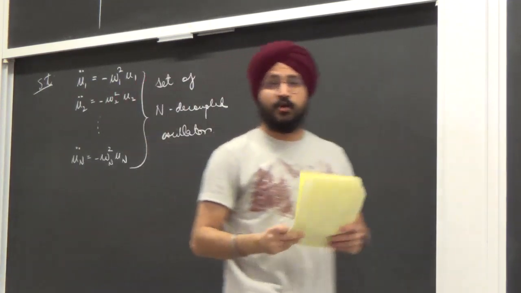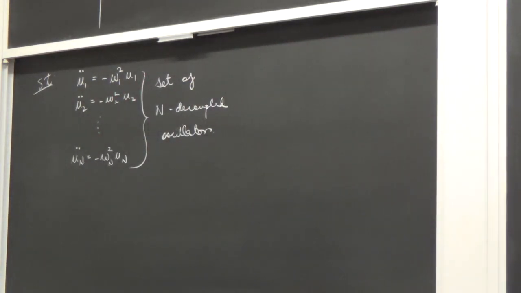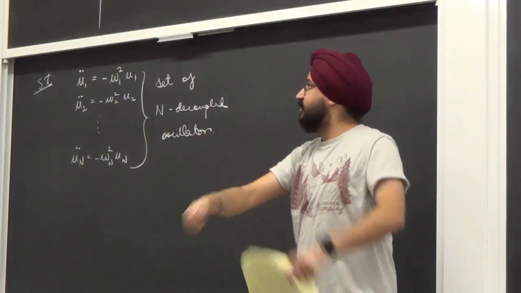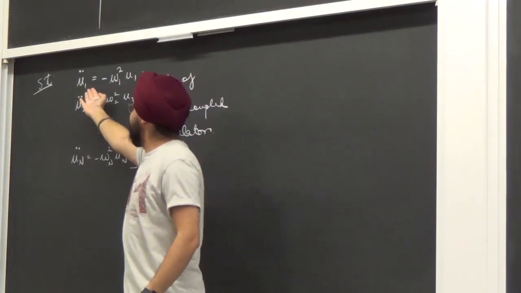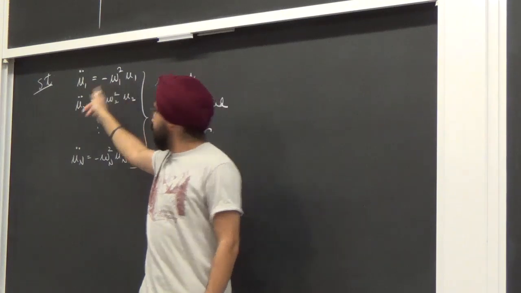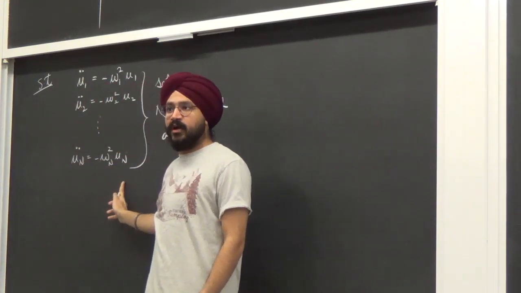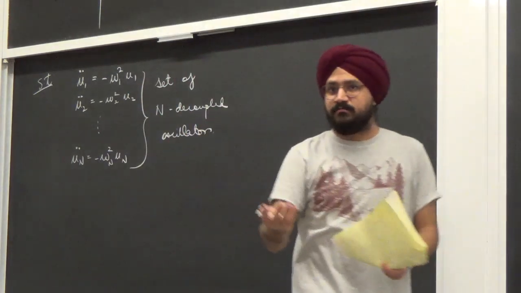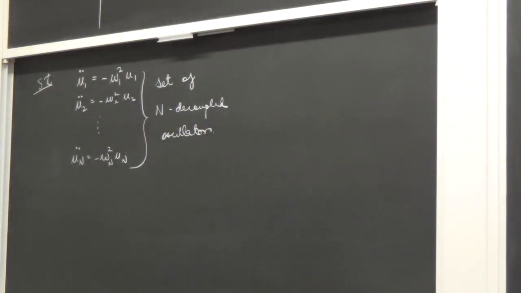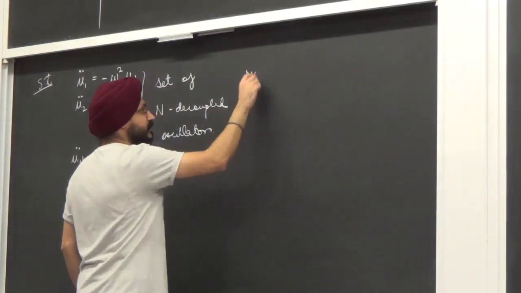For today's purpose, we're ignoring damping, we're ignoring forced oscillation. It's only starting from particles interacting. I get to a smarter choice of variables under which u1 depends only on u1's motion, u2 only on u2, un only on un, and things evolve by themselves. u1 doesn't talk to any of the other u's, and same for all the other u's. Okay? And now here is the crux of everything. Finding these u's is the goal of the next few weeks. Okay? These are what are called normal coordinates.